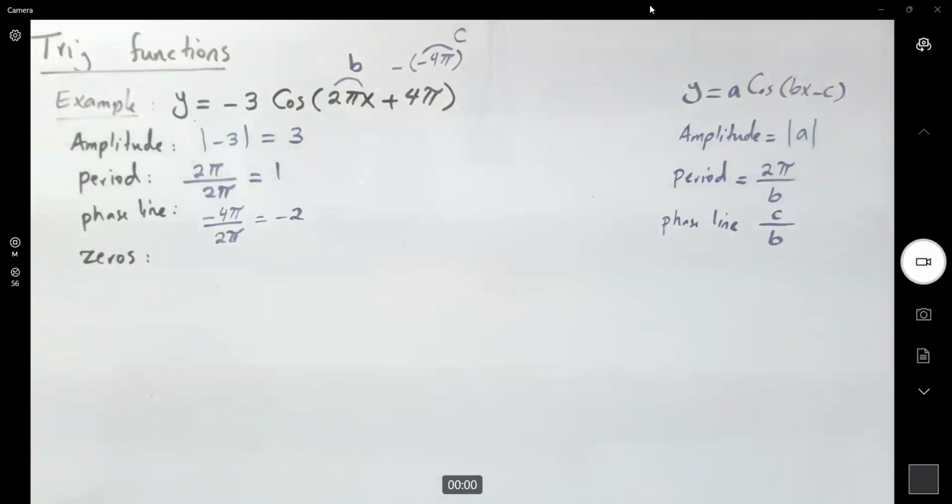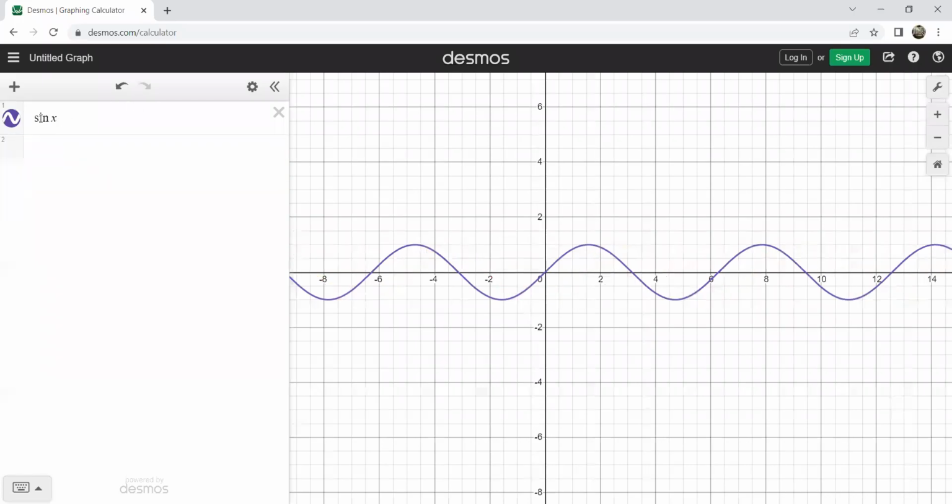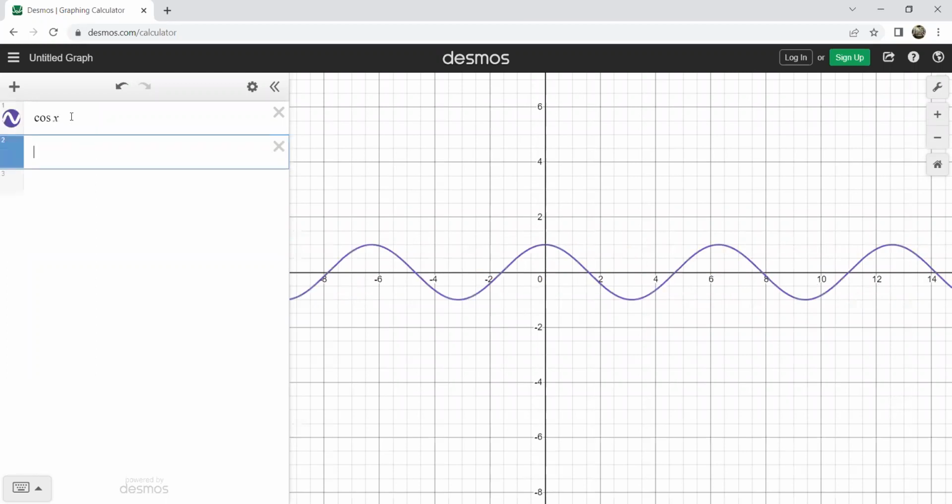Very well. Let's take a look at that Desmos. So first, graph your cosine function, because this is your base function, and all of the rest of them are translations of sine and cosine. Later on, you're going to work with tangent, cotangent. So for this function, you have negative 3 times cosine of 2 pi x